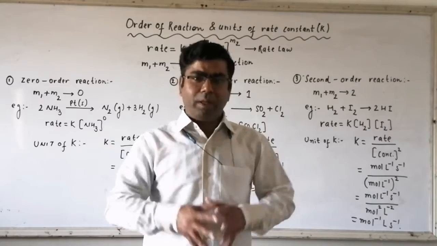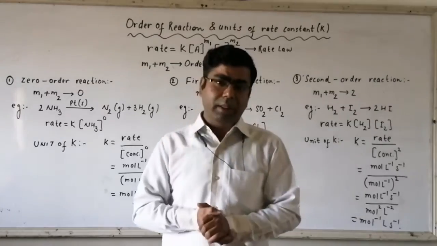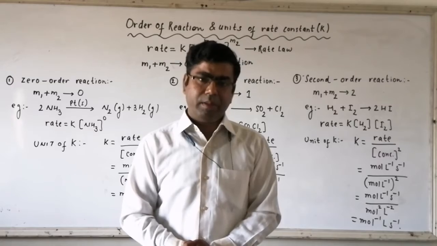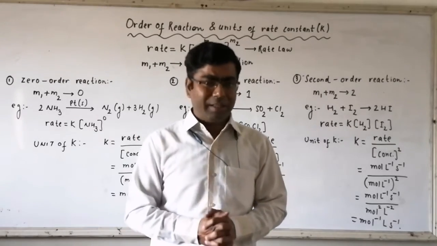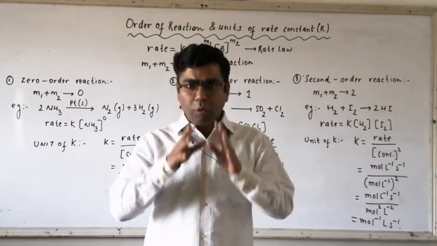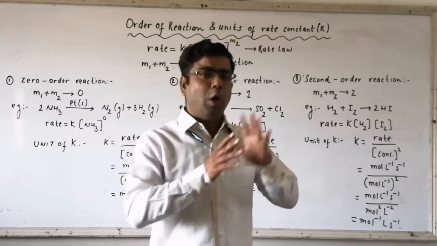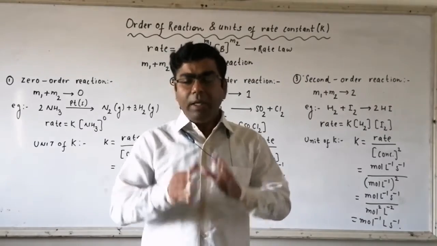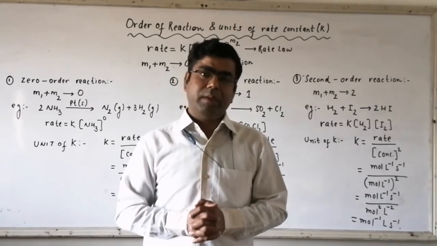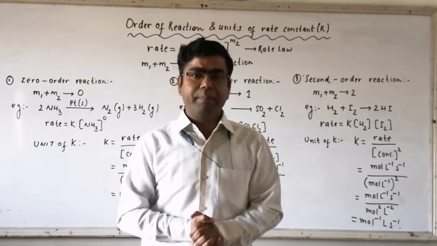One of the most important examples is photosynthesis reaction, where carbon dioxide reacts with water, as a result of which we obtain glucose with the release of oxygen gas. But what we require? We require the presence of sunlight and presence of chlorophyll. If sunlight is absent and chlorophyll is absent from the plants, then photosynthesis reaction will not take place. So in photosynthesis reaction also, sunlight and chlorophyll form the limiting factor. So photosynthesis is also a type of zero order reaction, we can say.